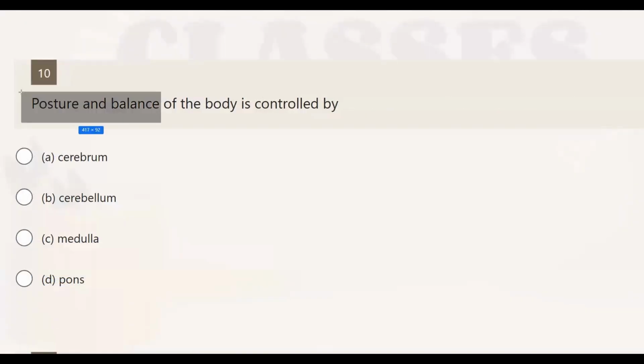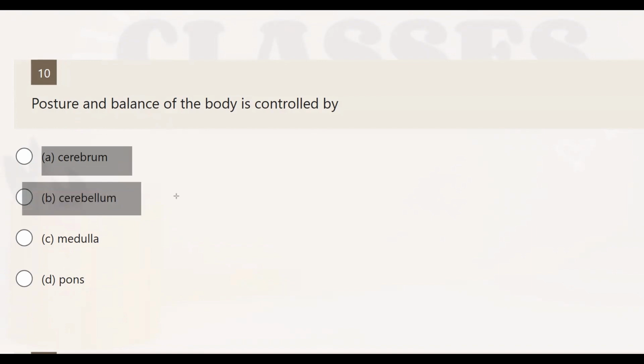The next question is from the chapter Control and Coordination. It says posture and balance of the body is controlled by what? What we know is the cerebrum, right? The cerebrum stores information and is the thinking part of the brain, so this is not correct. Then we have the cerebellum. Yeah, the cerebellum controls posture and balance,